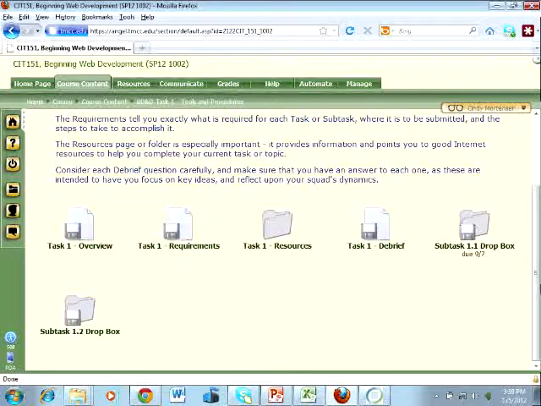So, for example, in the first one where they were having to install their software, you'd be surprised how many people can't install the contents of a zip file into a folder. Okay, so we're learning how to do that. But they don't mind asking another student to do that. They're a little reluctant in a general discussion area to put in a question because they don't want to sound stupid.